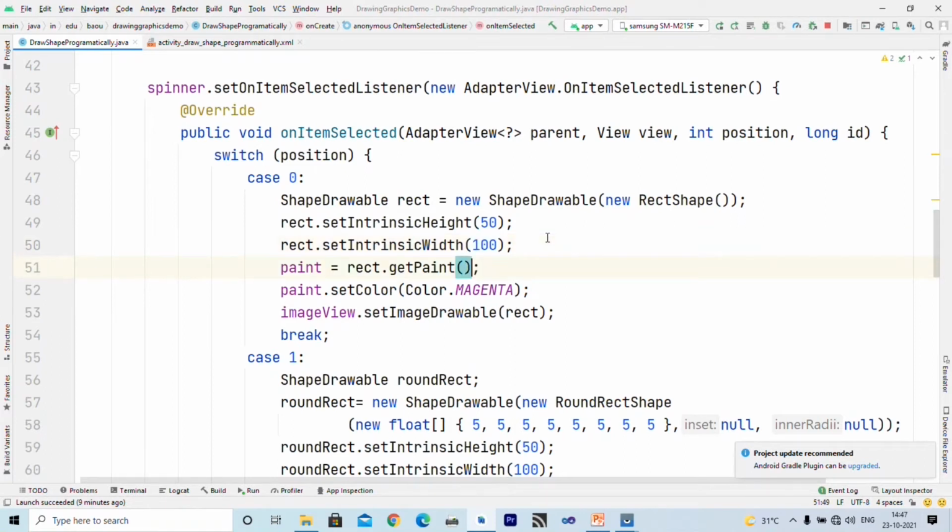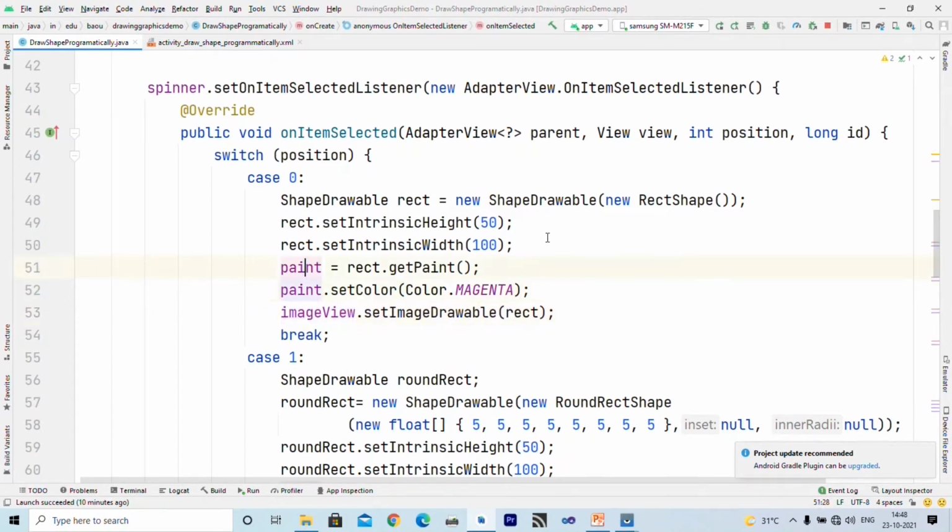Now using the Paint object you can specify drawing properties. So I have written paint is equal to rect.getPaint, meaning the getPaint method will return the Paint object of the rectangle shape, and I have called the paint.setColor method with Color.MAGENTA. So now the fill color for the rectangle is magenta.